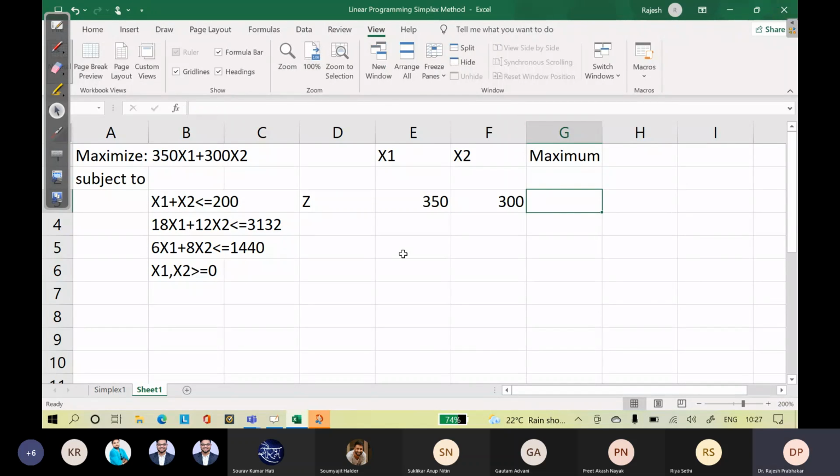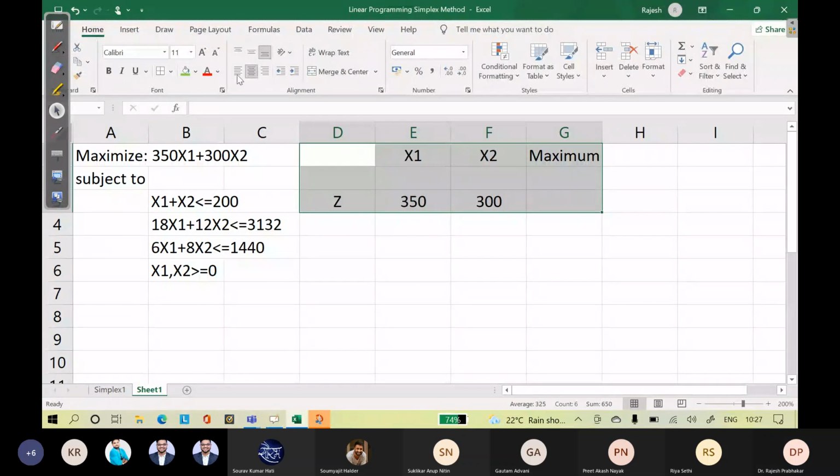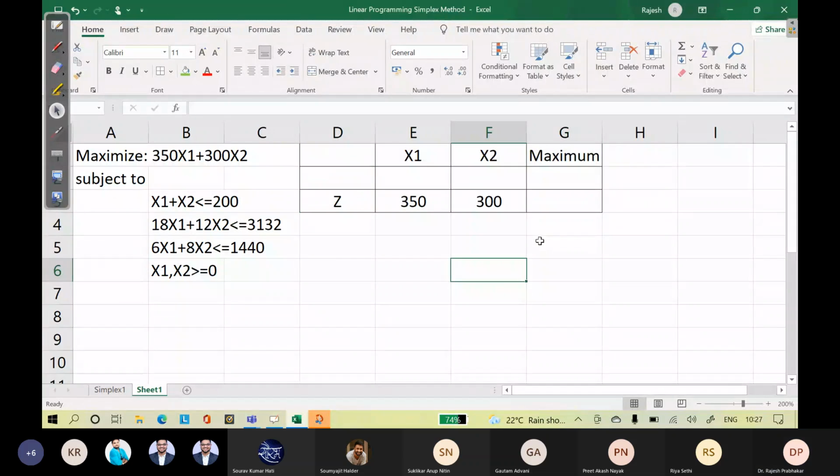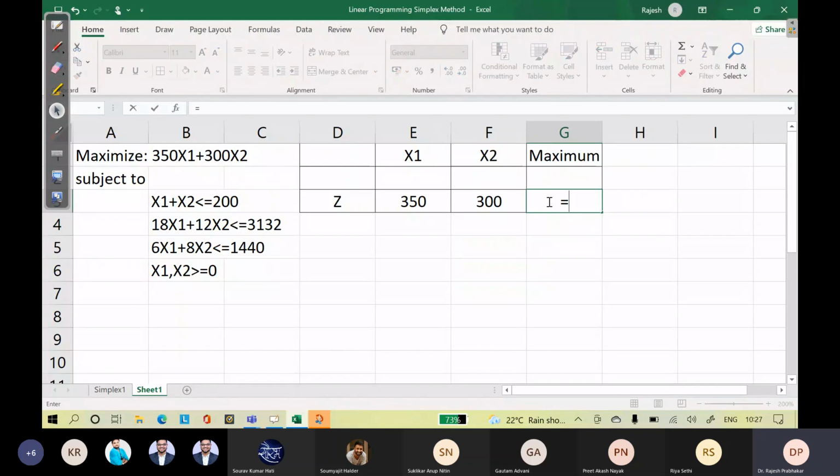We have to create a box like this. So z is equal to 350 into x1 plus 300 into x2. You will get 0.